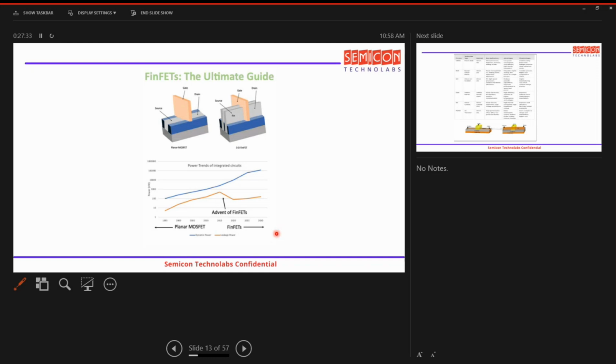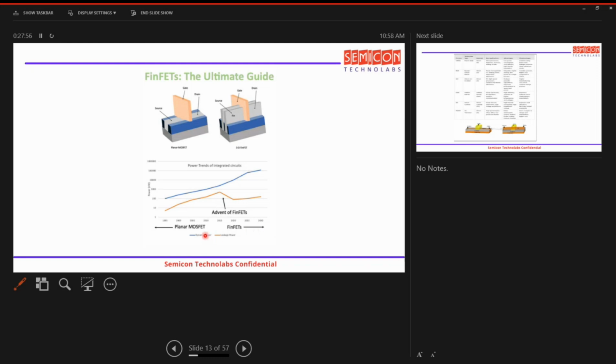Okay, till 5 nanometer, till 4 nanometer technology node, we are using CMOS. Beyond 4 nanometer, let's say we are going to 3 nanometer, 2 nanometer, there we are trying to map our transistors to FinFETs. Okay, now what is the advantage of FinFETs? Now the advantage of